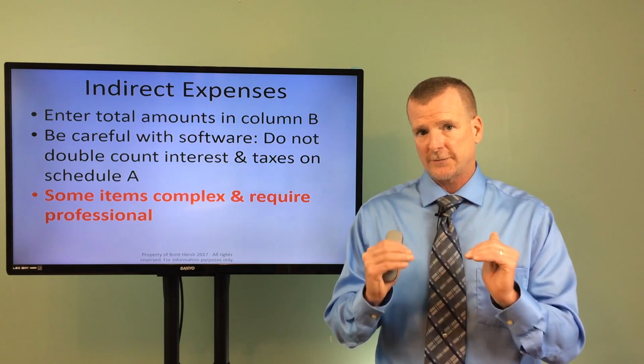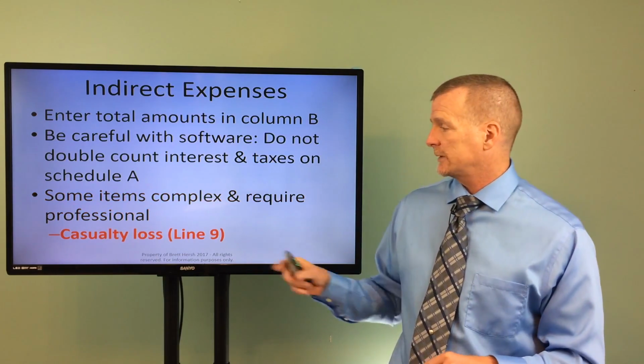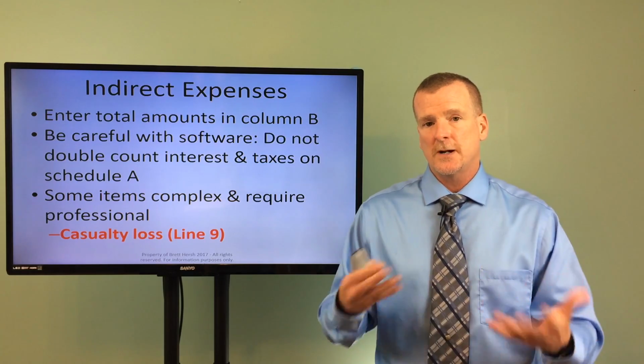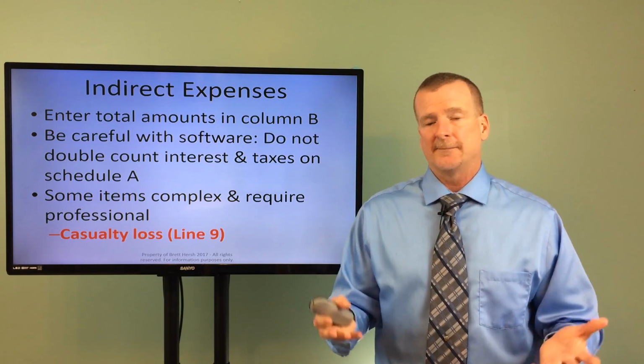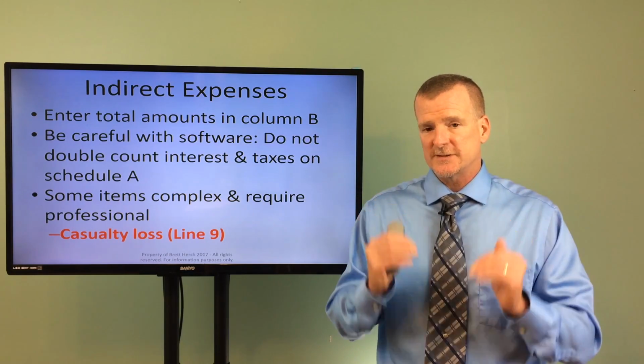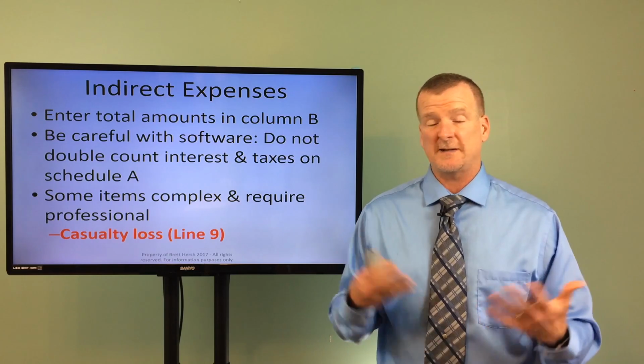Now, some of these items are complex. I know you might be a do-it-yourselfer for your taxes. However, I want you to get a professional if you have a casualty loss. These can be really complicated, and what that is basically, if you had a disaster, major theft in your home, wind damage, hurricane, some kind of major disaster in your home, make sure you get a professional, regardless of whether you have a home office or even if you have a business, because these